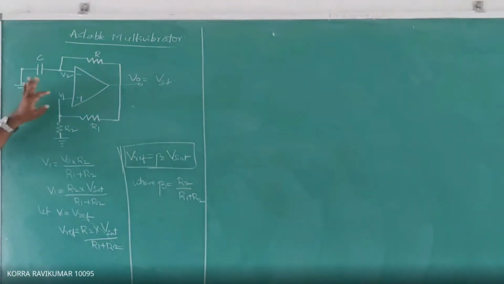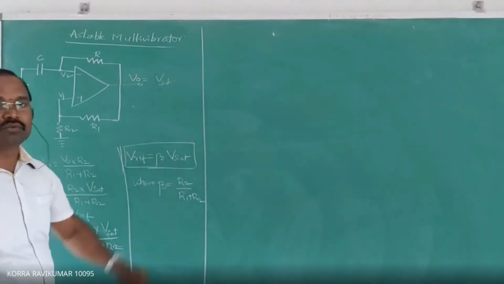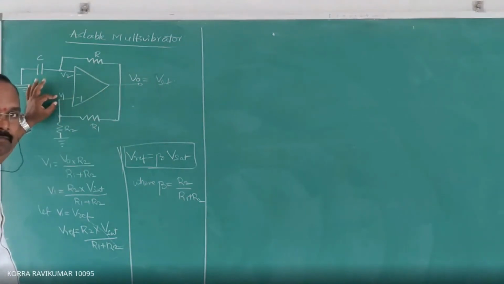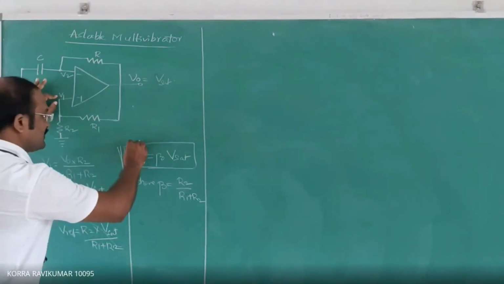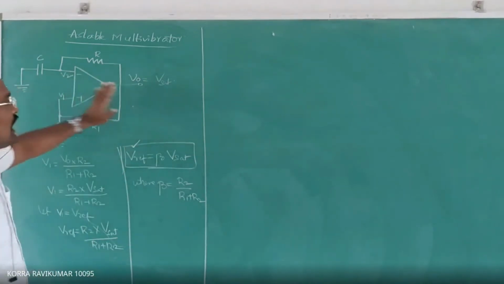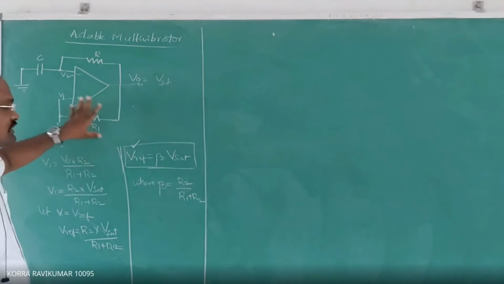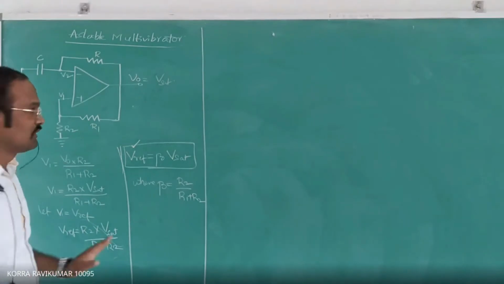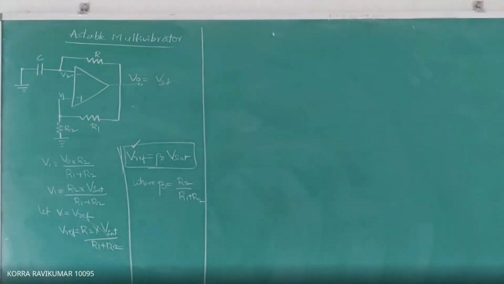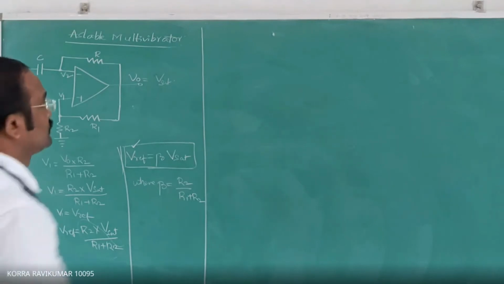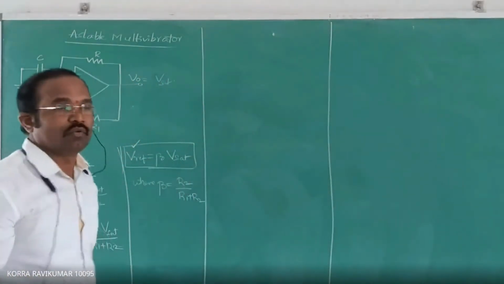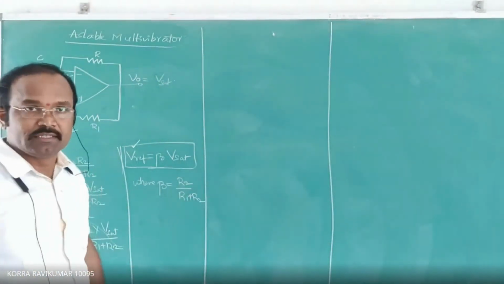Right. Now the voltage present at this point is V reference equal to beta into V saturation voltage, present at V1. Do remember, V reference voltage is equal to output voltage into this factor. Now let us consider case 1 and case 2 for better explanation, how the capacitor gets charged and how we are going to get the output waveform. Let's see.